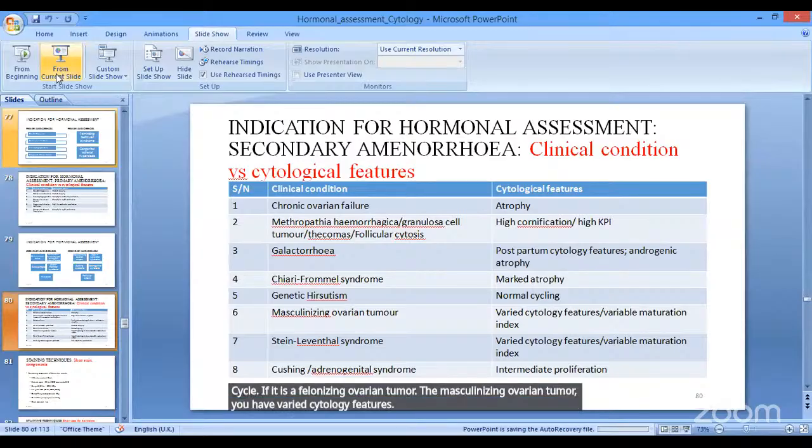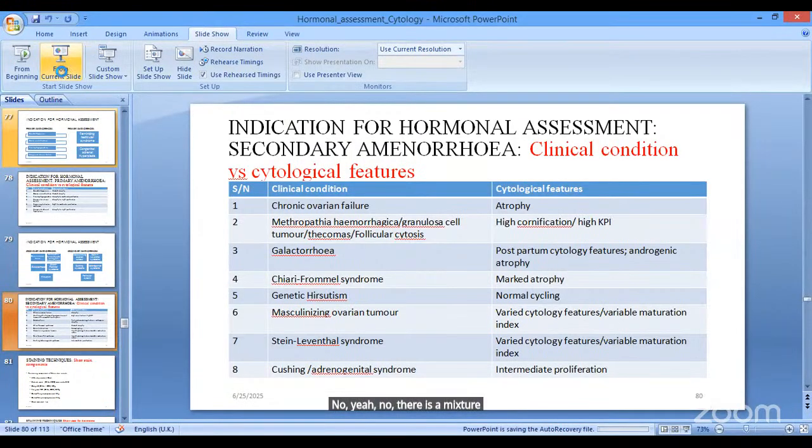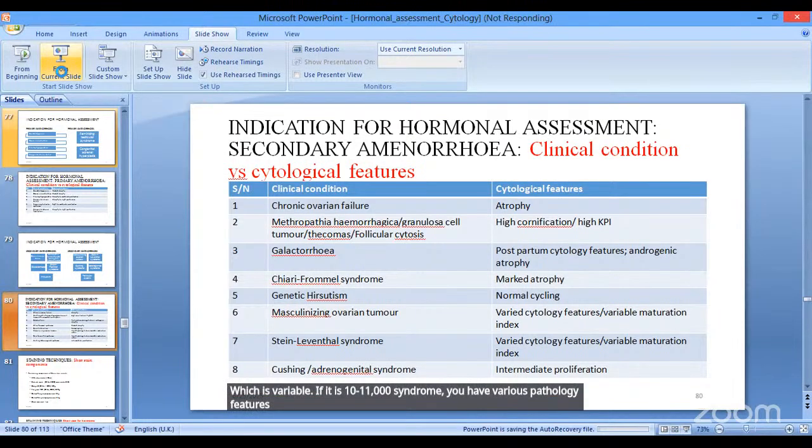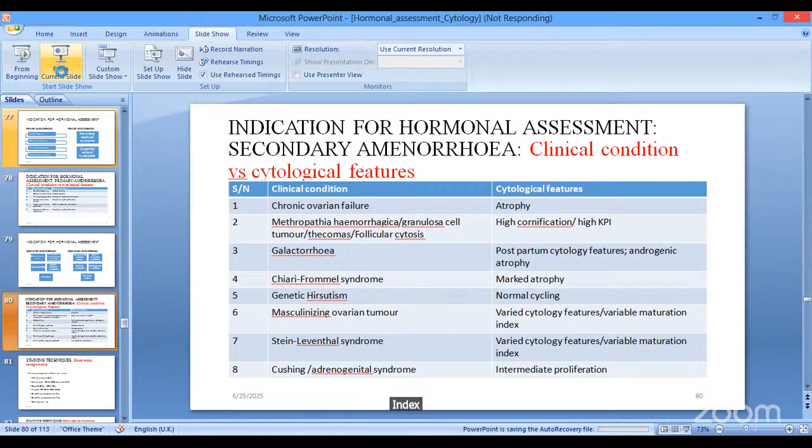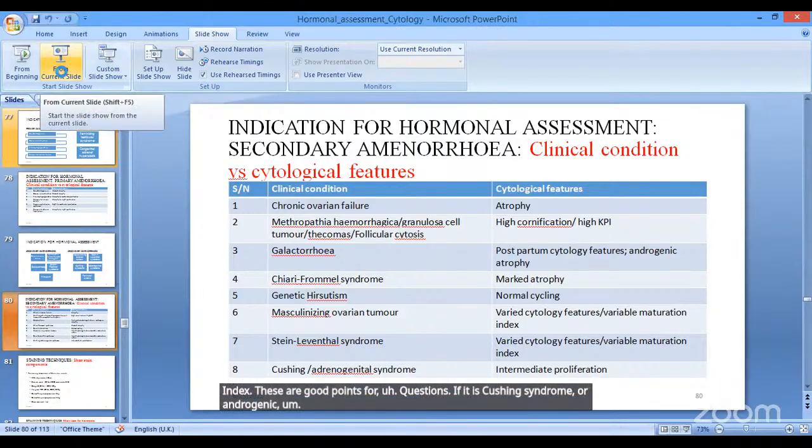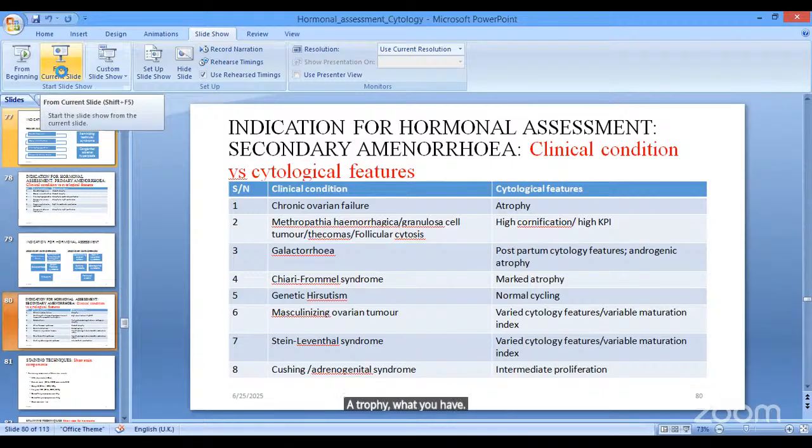Not here nor there, it's a mixture of cells that you see, which is variable. If it is Stein-Leventhal syndrome, you have various cytology features of variable maturation index. So these are good points for questions. If it is Cushing syndrome or androgenic atrophy, what you have is